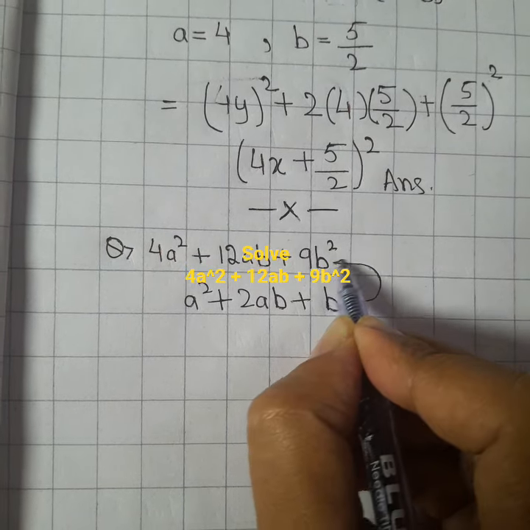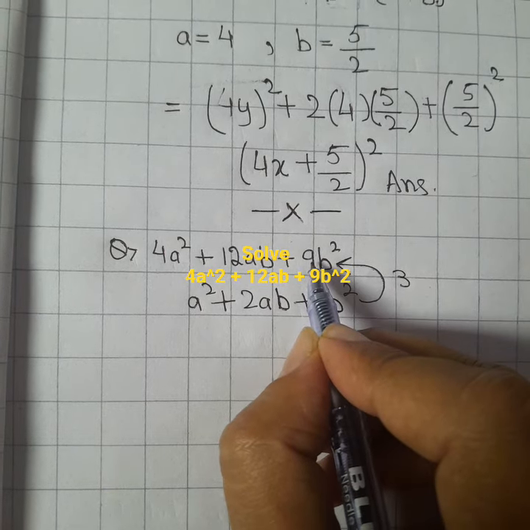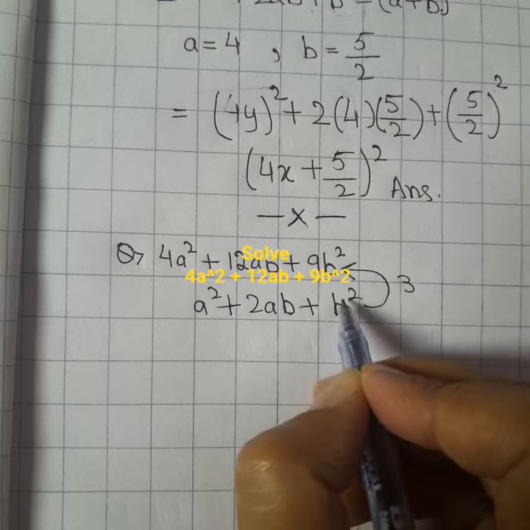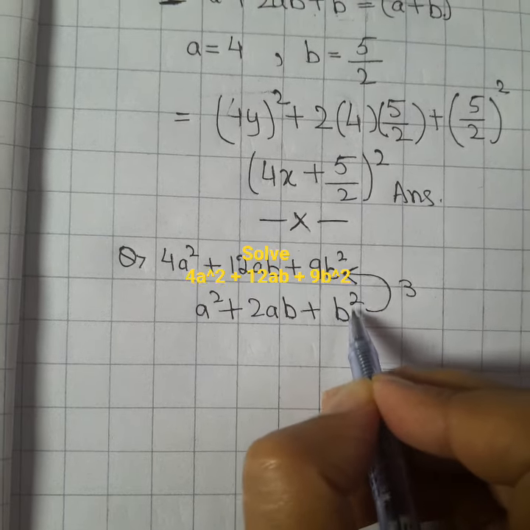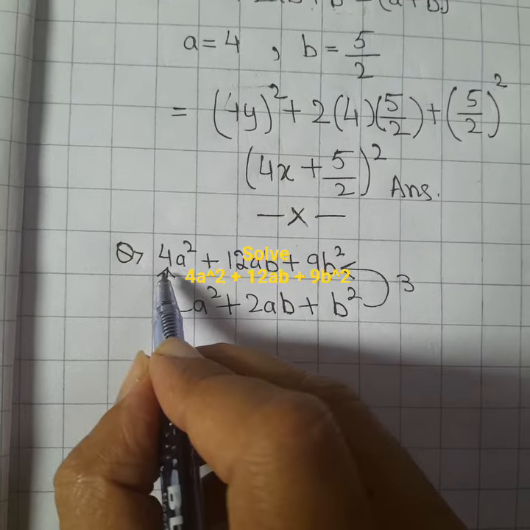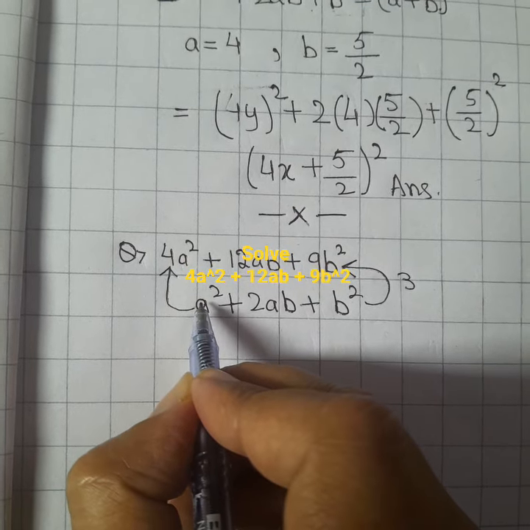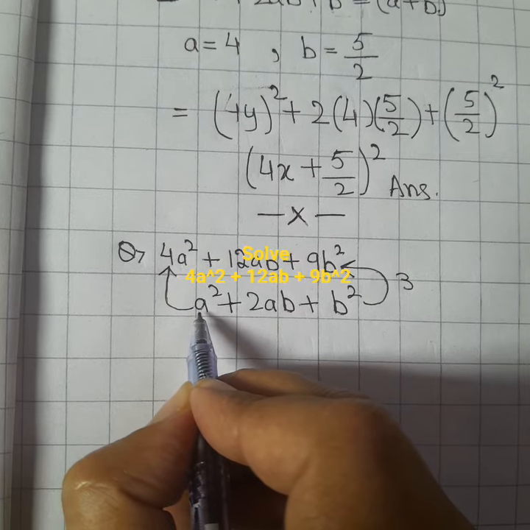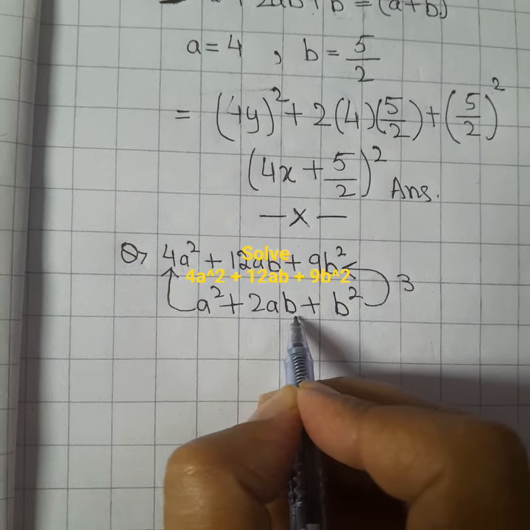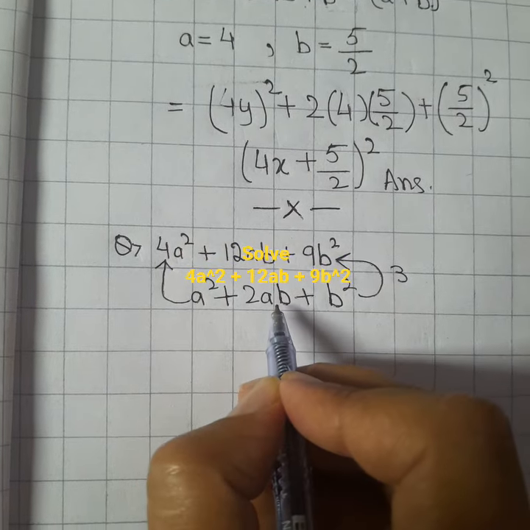So b is equal to 3, because we will take 3 to the power 2 as b square, but here we will take the b value, so b is 3 and b square will be 9. Similarly, a is equal to 2. 2 to the power 2 will be 4, but we have to take a, so we will use 2 as a, and 2 square will be 4. So in place of a and b, we will use 2 for this and 3 for this.